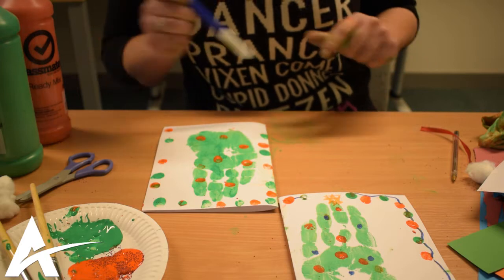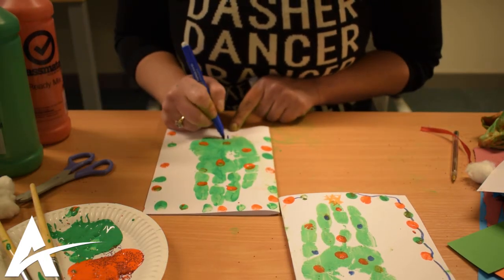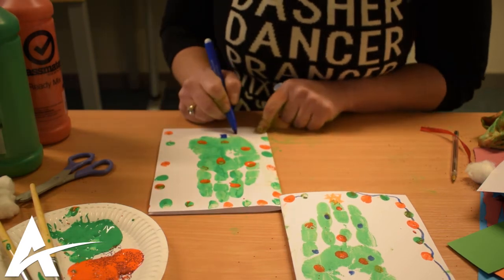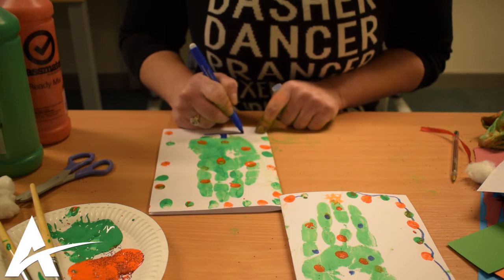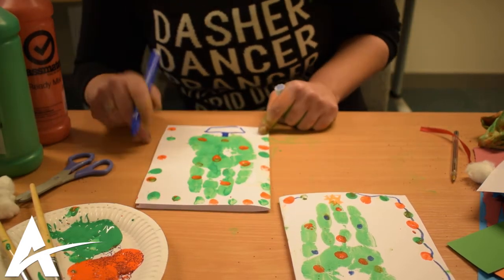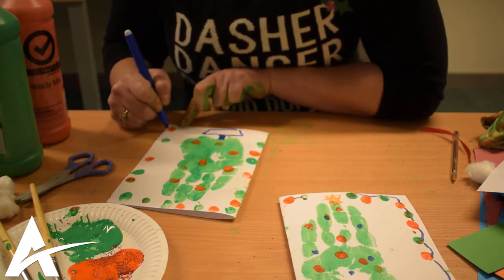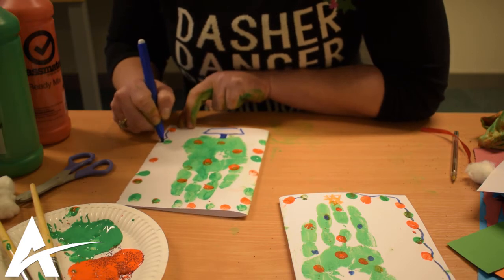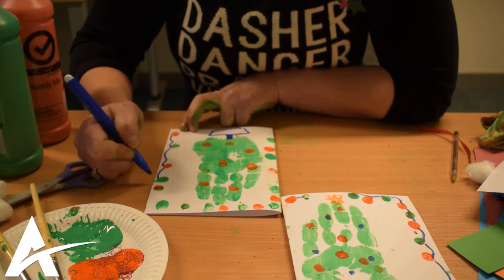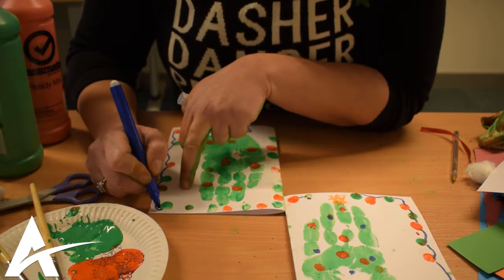Right, and all we're going to do now is, with the pen, I've got a blue pen here, we can make our little tree trunk and our tree base. And what we're going to do with these little fingerprint dots that we've done round is literally just join them up. And here we have our own fairy lights for decorating, which they look quite pretty, especially when it's a